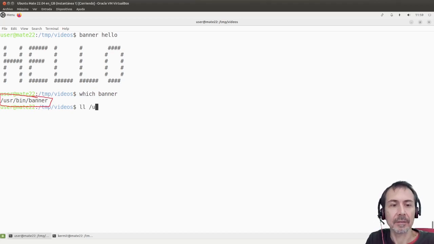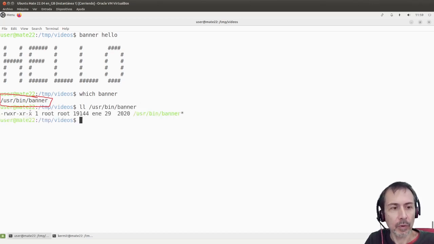If I list it, we can see that we have the execute flag set for all the users of this system. For the user, for the group, in this case, the user and the group is both root, and for all the other users of the system. So in this case, I am the user, so this set of permissions will apply, but I can execute it anyway. So I will copy this file to the current directory,